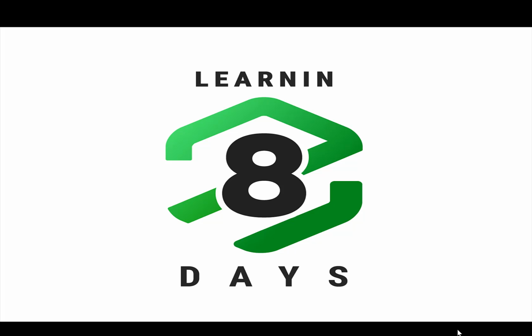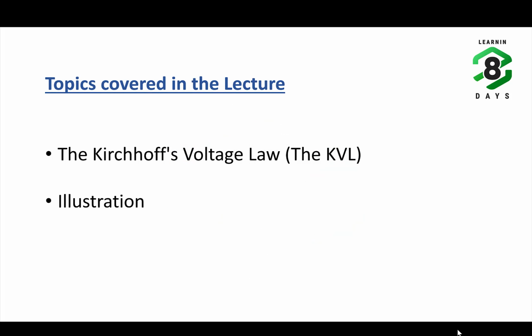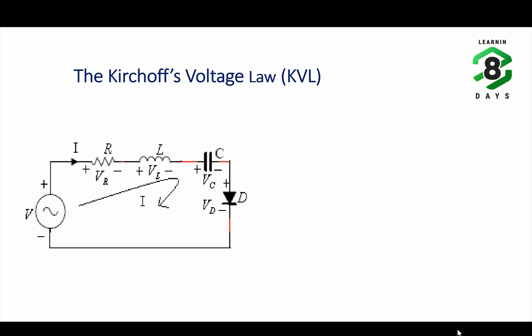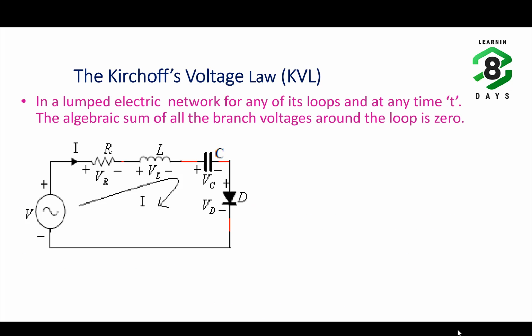Welcome everyone. In this lecture, we are going to study Kirchhoff's voltage law with an illustration. First is the statement of the KVL. In a lumped electrical network, for any of its loops at any time instant t, the algebraic sum of branch voltages around the loop is 0. That is, in any closed path, in any loop, the algebraic sum of all branch voltages around the loop is